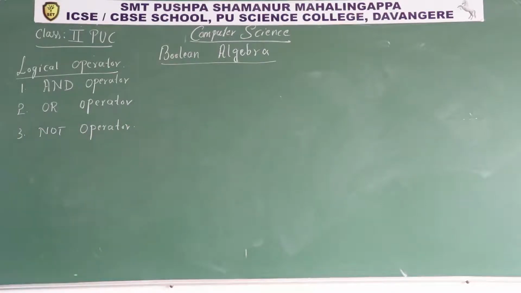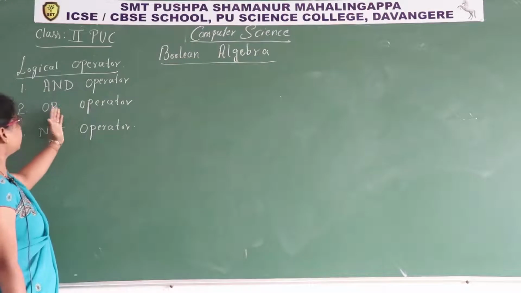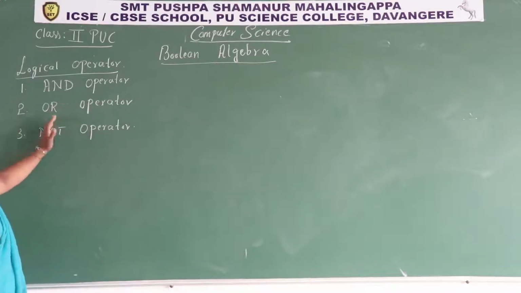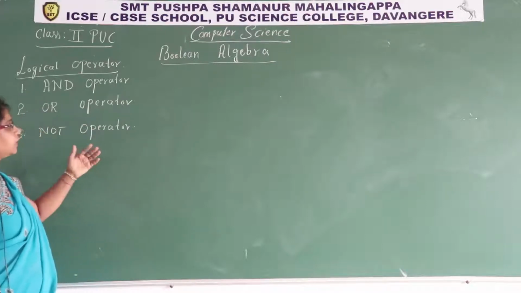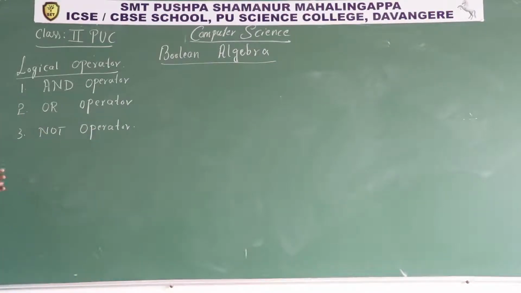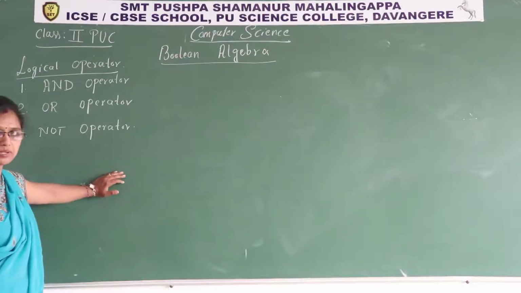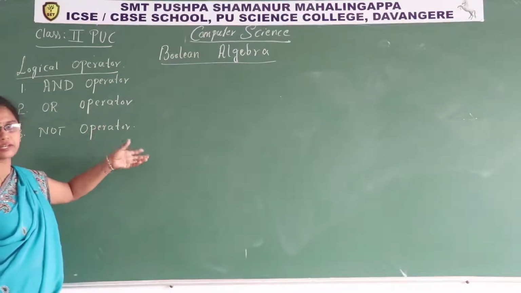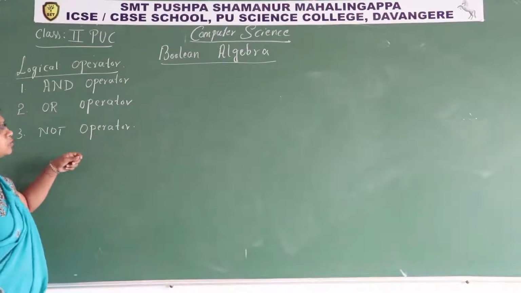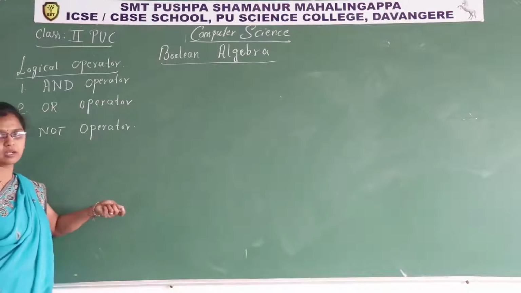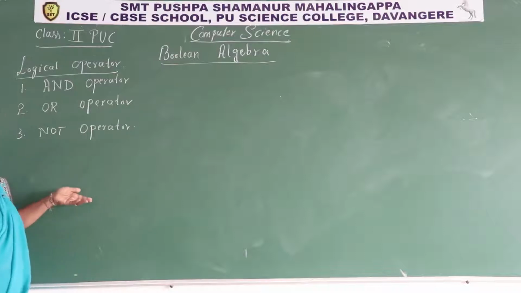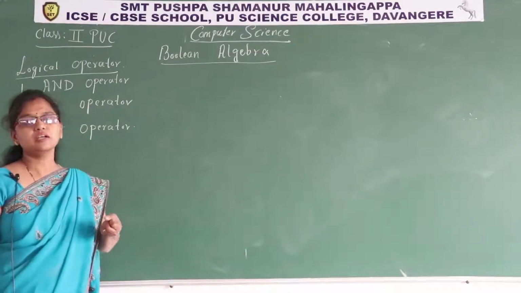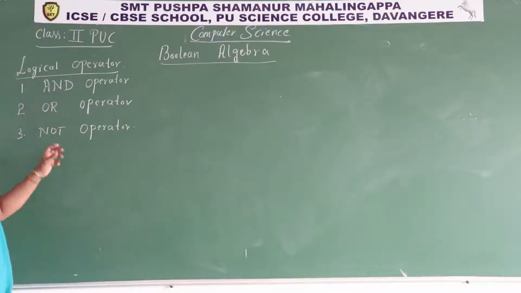When they ask in terms of operators, you must write the AND operator, OR operator and NOT operator. This is regarding the operations we are going to perform on binary values. Later there are logic gates: AND gate, OR gate and NOT gate. The working principle is the same, but there we concentrate on how the circuits are developed, how to give the connections, and how to reduce the expression and the logic circuits using these Boolean laws and theorems. Further we will discuss those things.